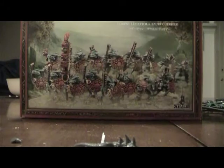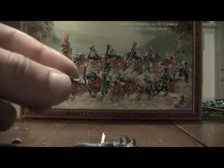Alright, so I chopped up a lot of these pieces, and we're going to start putting some of them together. On the shield arm, we have 2 halves of the arm here, and we're going to glue this together. What I did was I chopped at the joint and shaved off a little bit,